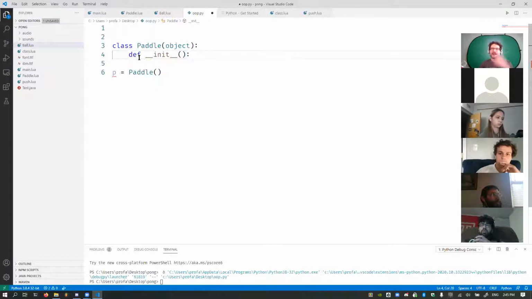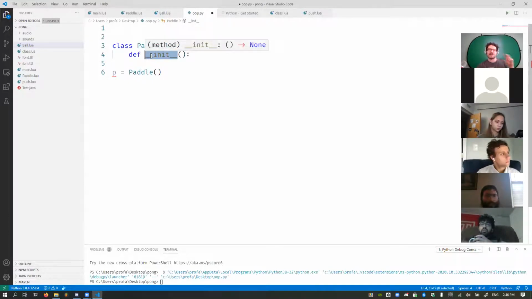Init is basically using these underscores. It does two things. It's a special keyword, first off. Basically, the underscores indicate two things. First, it's special. Python immediately knows what it is and does special things to it. And second, it's not really accessible.